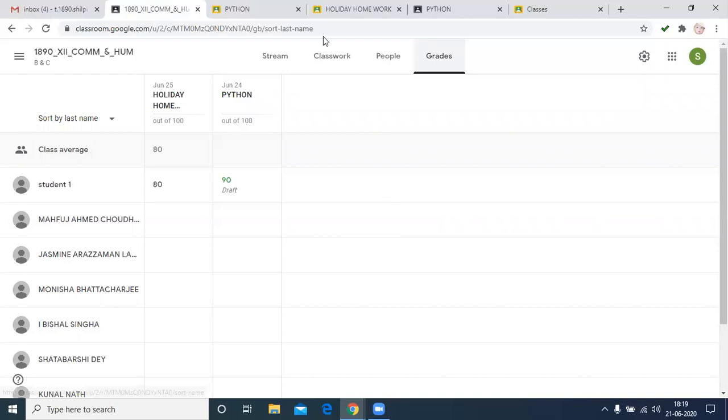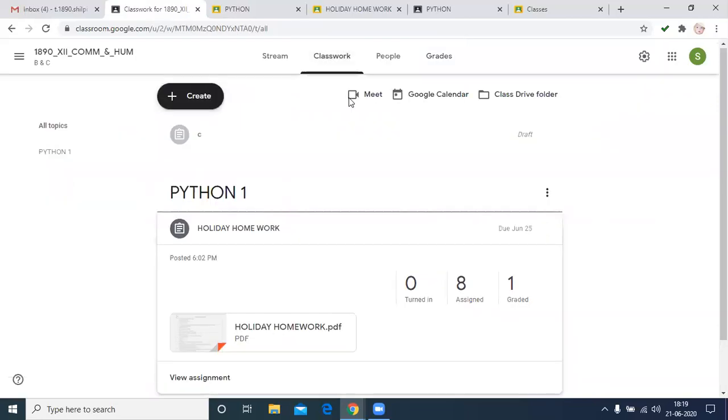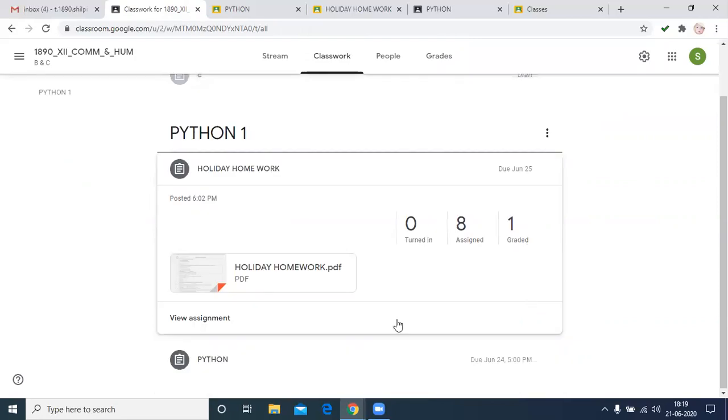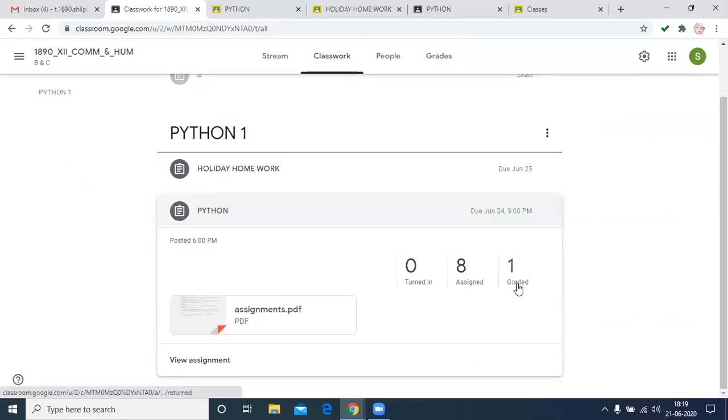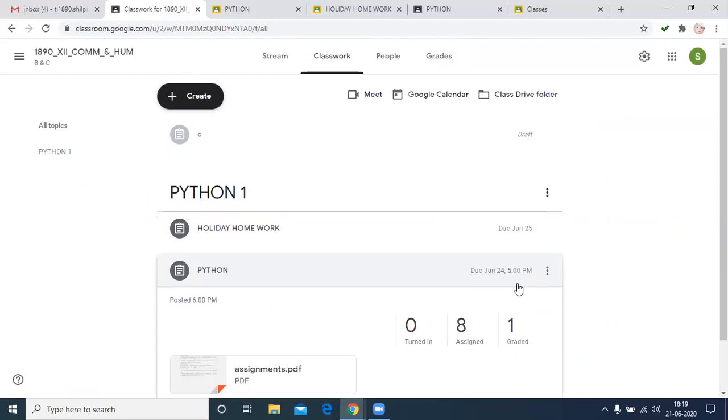Okay, we can easily do this. Then again go to the class. Here 18 assigned, 1 is graded because we have checked one copy. Similarly in Python, this is the assignment, 1 is graded. This is also useful whenever we need the grade.